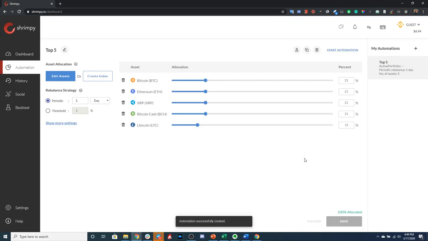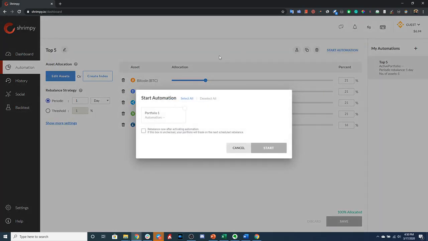All right, so now that we've created our strategy, all we have to do is attach this strategy to one of our portfolios. And in order to do this, we click Start Automation. As you can see here, we only have one portfolio. Since we haven't allocated multiple portfolios at this time and transferred funds into those portfolios, we can only select this portfolio. So let's go ahead and select our only portfolio,